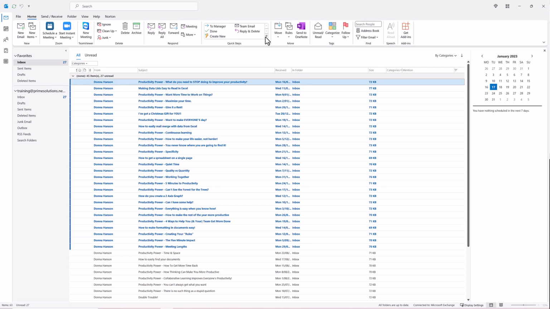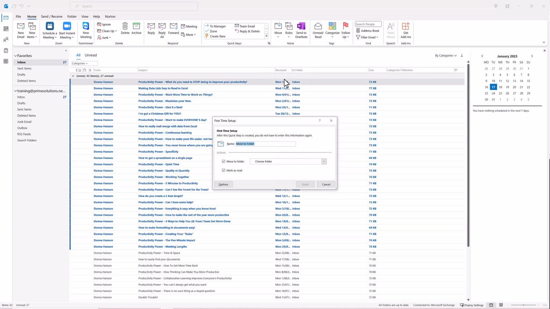First of all, we're going to click the drop arrow beside Quicksteps and choose New Quickstep. And I'm going to choose Move to Folder. Now, where it says name, I'm going to type in Productivity Power. So basically, I'll know that this particular Quickstep is called Productivity Power, and I'm going to use it when new Productivity Power emails come in to quickly be able to click and move something into a